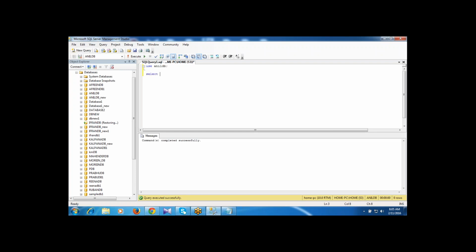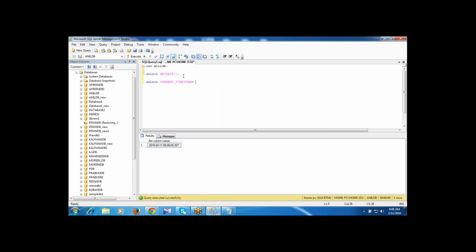So select statement. Select GETDATE. GETDATE is not a column in a table, it's a function. I am getting the result using the select statement. Select GETDATE, then semicolon, then execute. Current date and time it's showing, right?